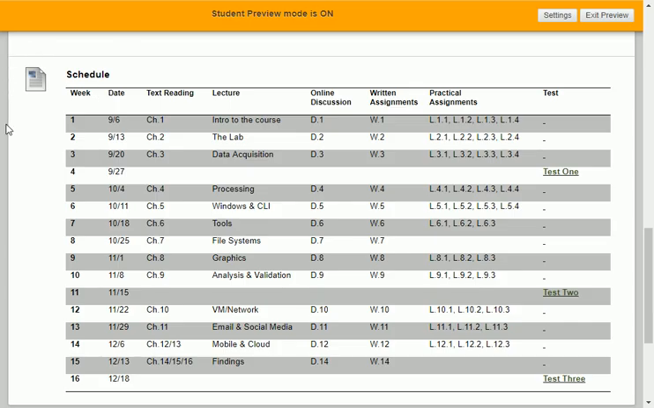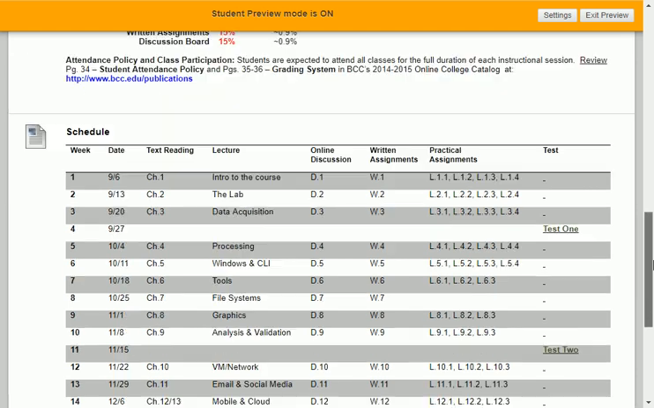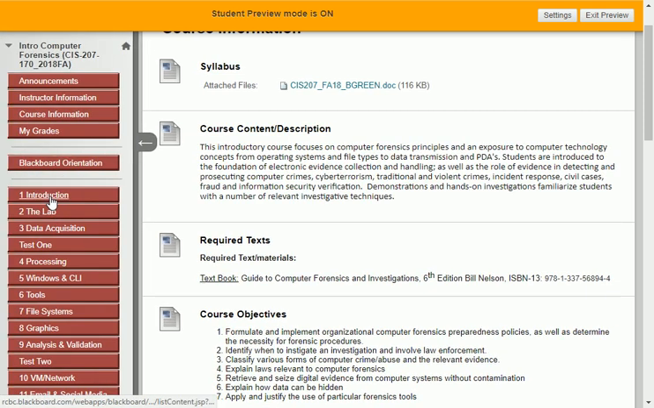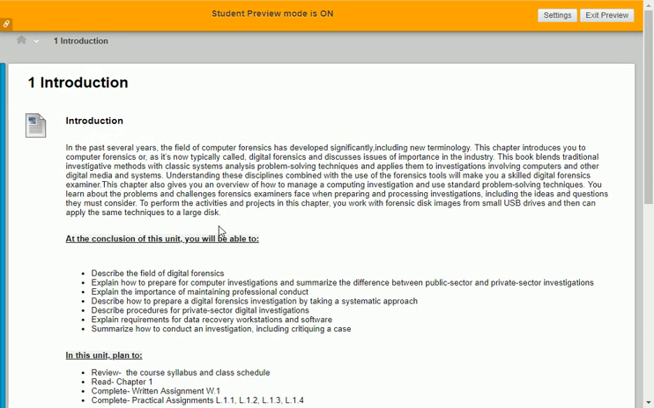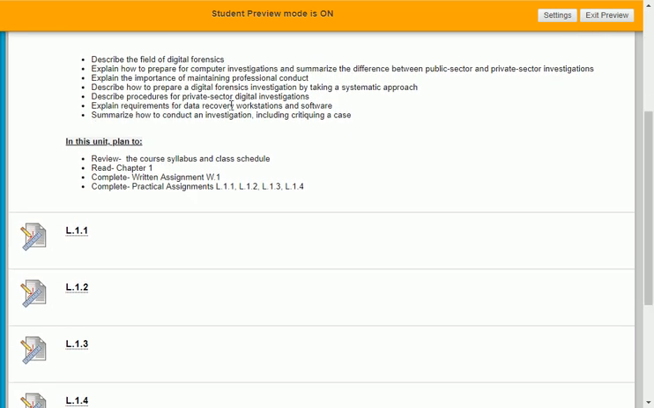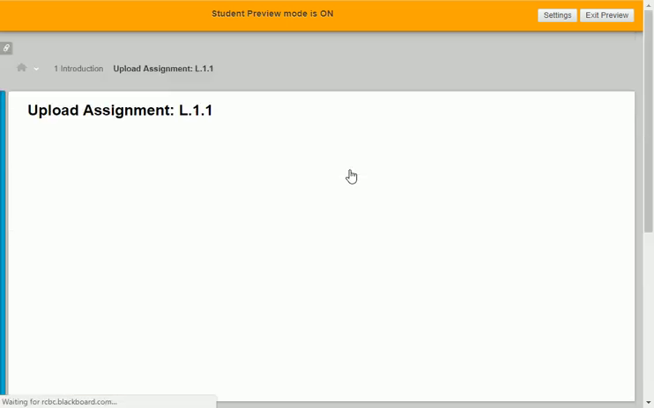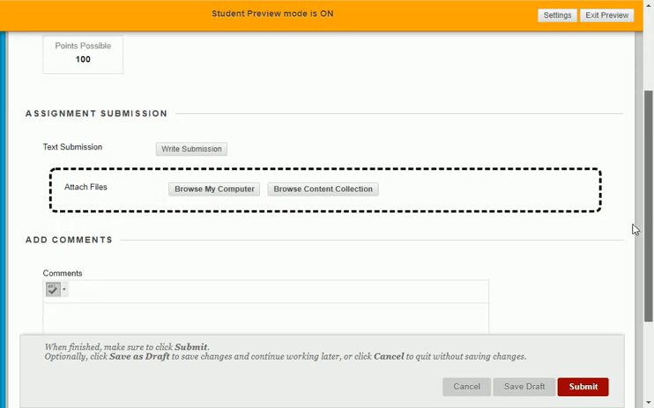And let's go back over here to the menu in Blackboard. If I go into Unit 1, Introduction, it tells me a little bit about what we're going to be learning about, but it'll tell me to read Chapter 1, complete the written assignment, W1, and to complete the practical assignments, which is Lab 1, 2, 3, and 4. And you can see here there's a place for you to turn in the deliverables for Lab 1, 2, 3, and 4. So for example, I would click on Lab 1,